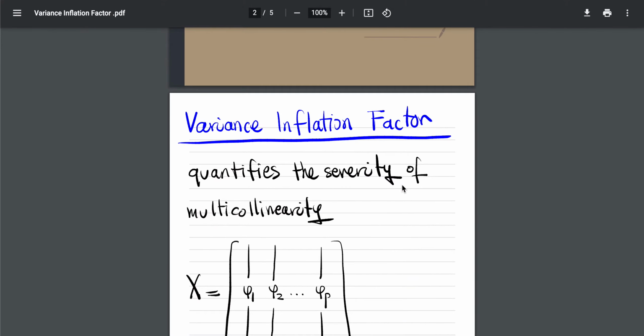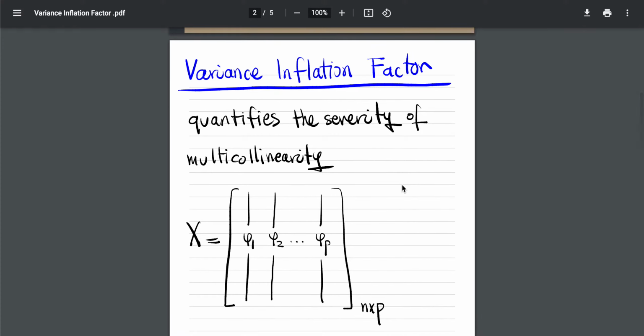Okay. What is a variance inflation factor? It's a way to quantify multicollinearity. It's a way to quantify how correlated the different predictors are. It's a way to quantify how much information that one predictor is expressing is already expressed by the rest of them. Okay, so